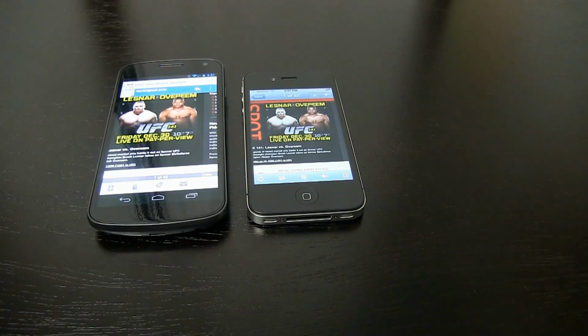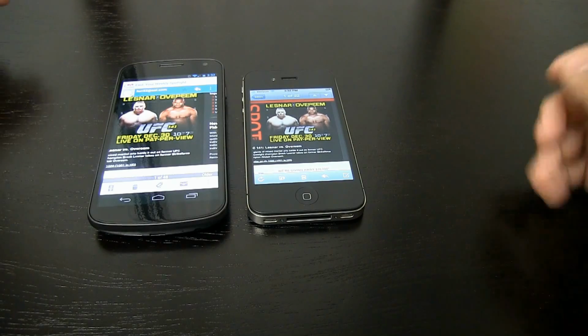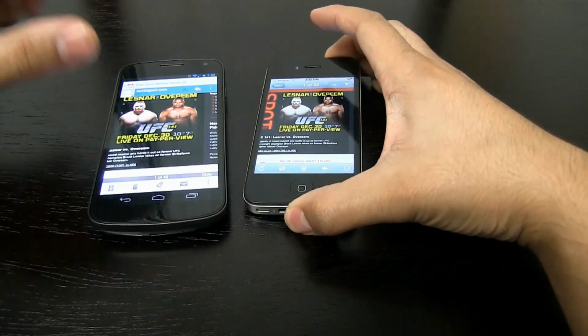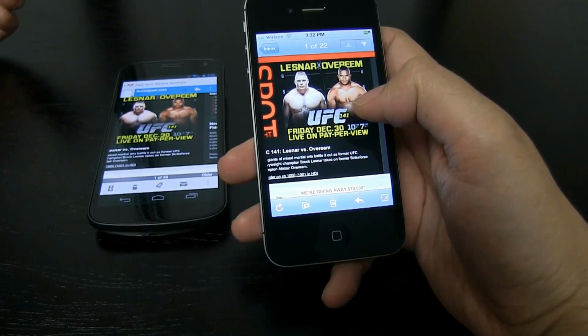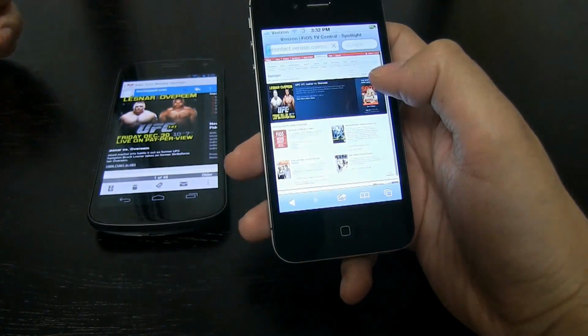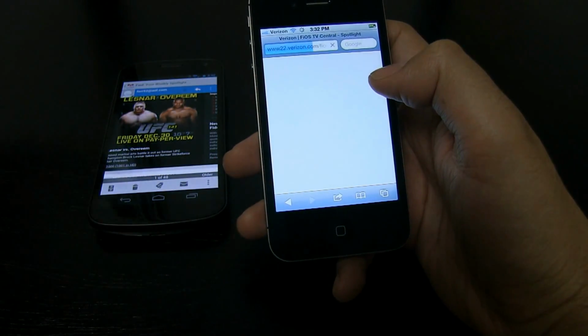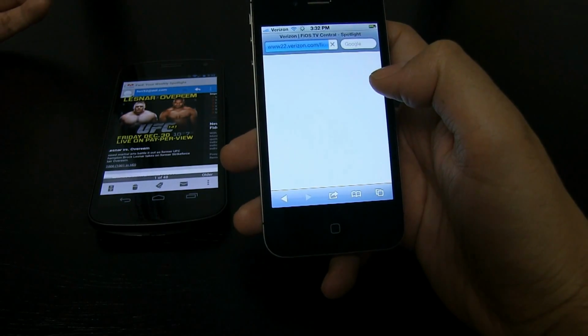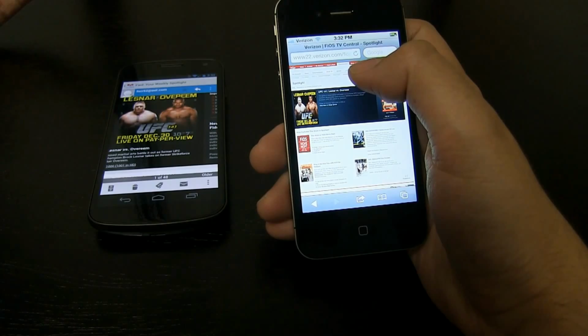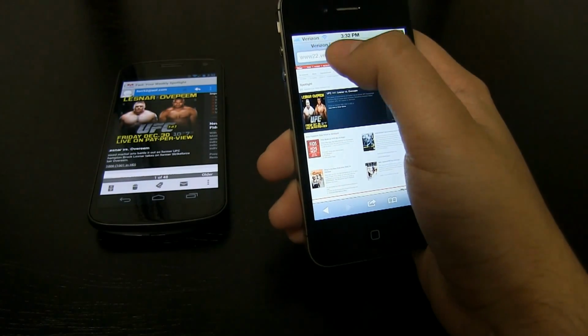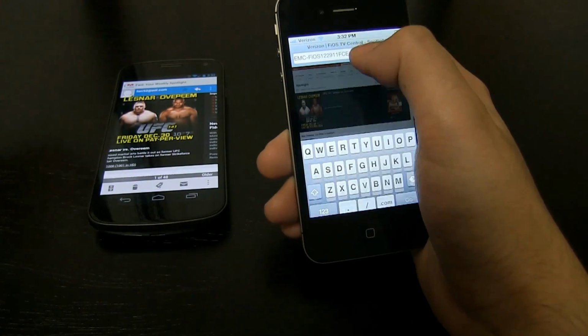So one thing that I really like is the customization that Android has to offer. For example, I have an email here from Verizon of an upcoming UFC fight. If I'm using the iPhone, which I like the Dolphin browser better than Safari, when I click the link to see this fight, I am forced to use Safari. There's no other way around it. I can't customize it to load up my Firefox or whatever browser I decide.